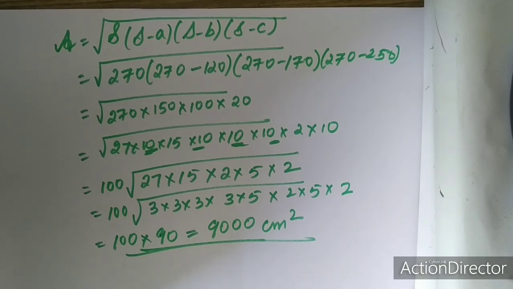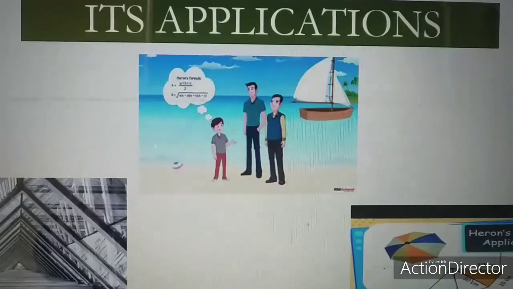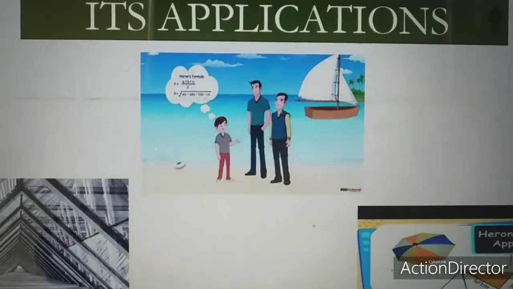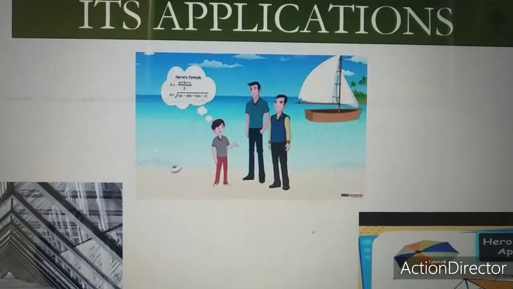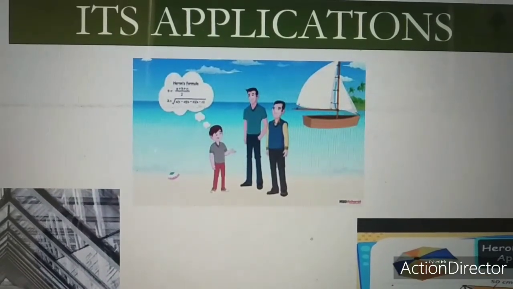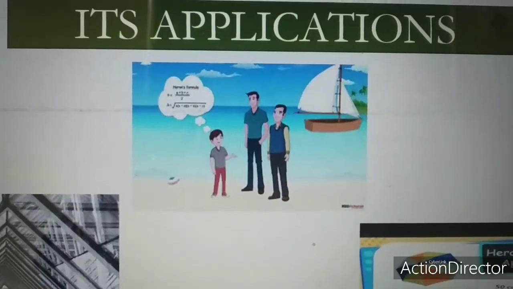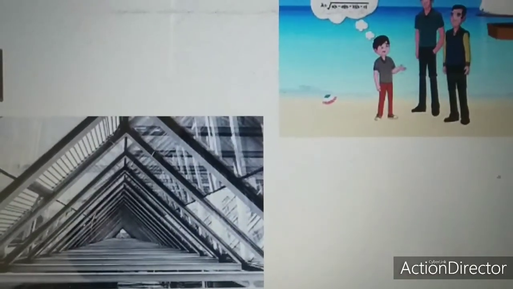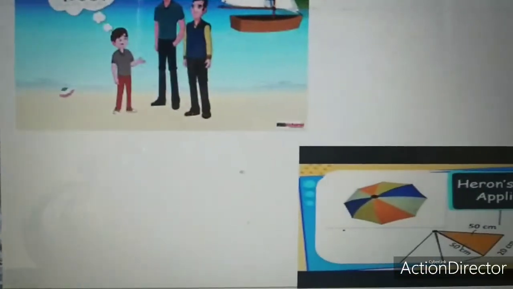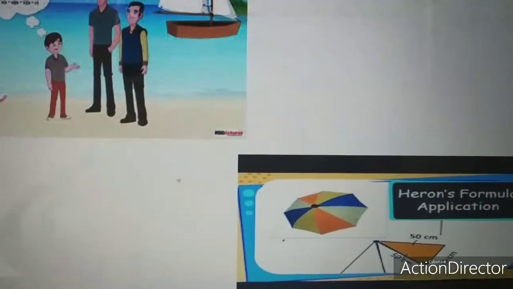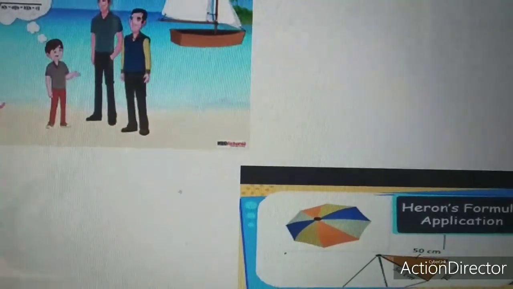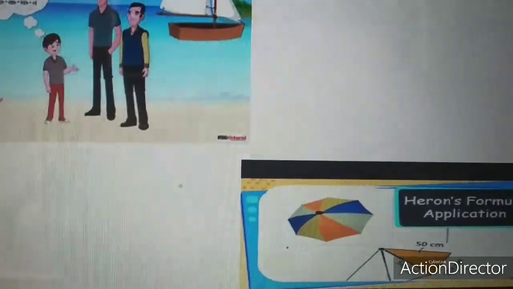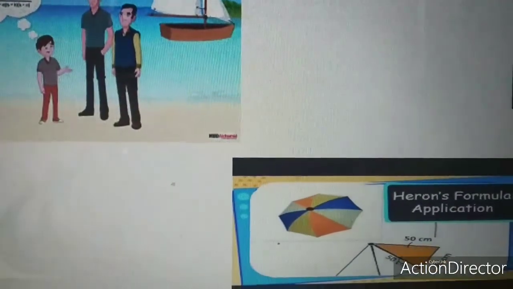Let us see some of the applications of Heron's formula. Some of the real life applications of Heron's formula you could observe are: it is used in a sail, for the cloth used in the sail, that is the area of the cloth needed to build this sail. Second one, it is used in architecture. You can see over here where the shapes of the building are in the form of a triangle. And third one also you can see over here, the area of cloth needed to stitch an umbrella. It is very clearly seen over here because each shape is a triangle and different colors are used.